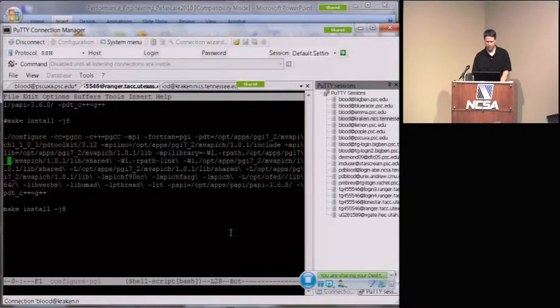So there's a number of different options there to give it all the MPI libraries and so forth. And then I think the last option, here's the one with PAPI. So if you want PAPI support, you've got to tell it where your PAPI installation is at. So after this